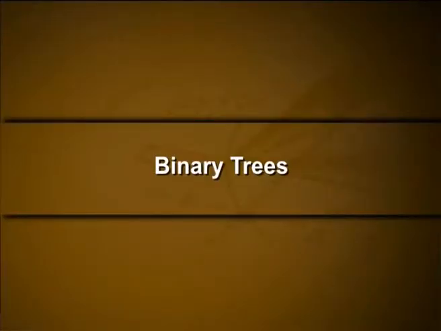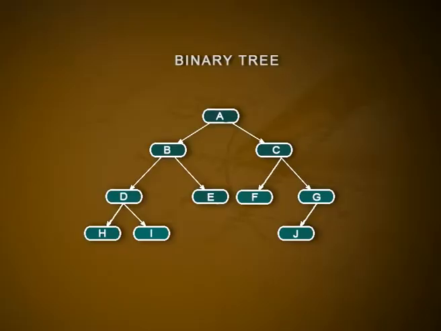Binary trees. A binary tree is a finite set of elements that is either empty or is partitioned into 3 disjoint subsets. The first subset contains only a single element called the root of the tree. The other 2 subsets are binary trees called the left and right subtree of the original tree. The left or right subtree may be empty. Each element of the binary tree is referred to as a node. A simple binary tree is given in the figure.